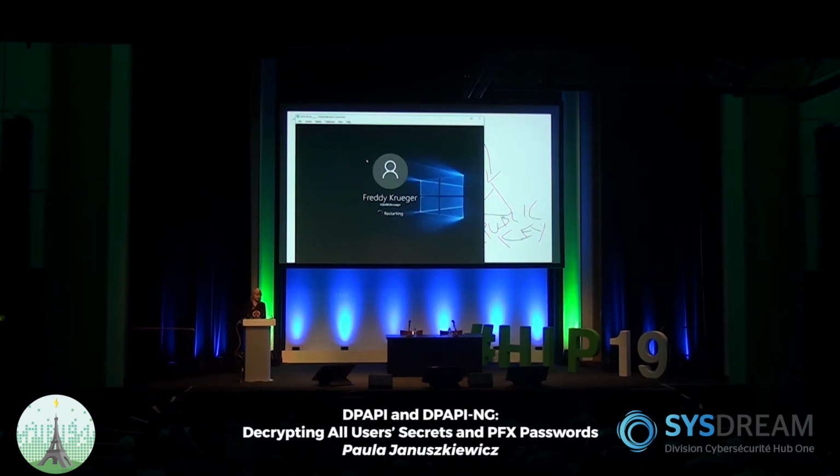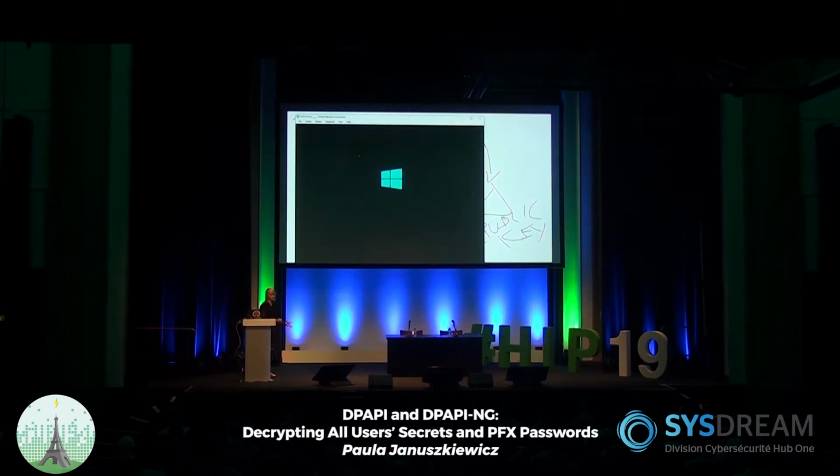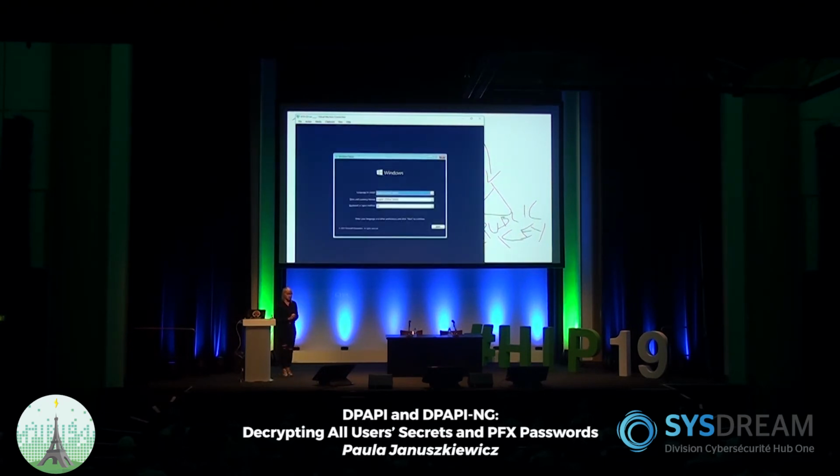Let me explain that. So first of all, we're going to reboot this machine. We could be thinking, well, BitLocker could help. Yes, we can do this demonstration online and offline. So for this, BitLocker could help, but for the other scenario with DPAPI, it couldn't. So let's not look at this from this perspective.